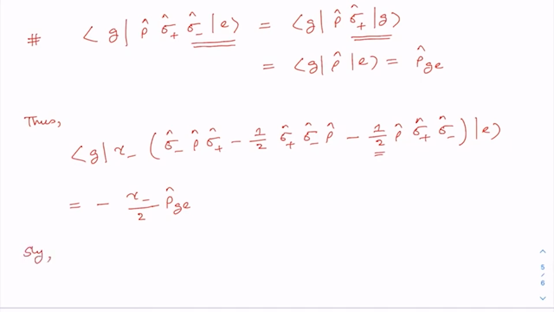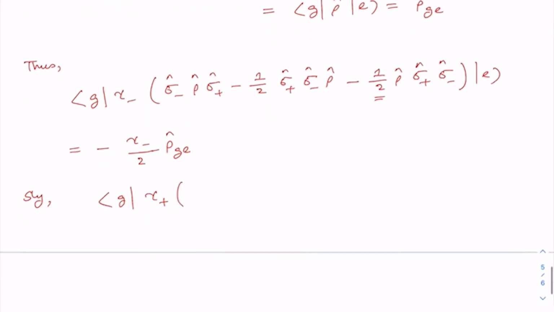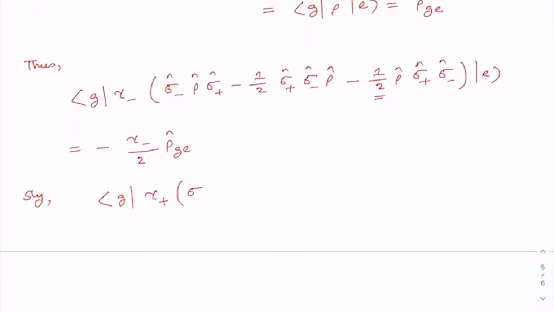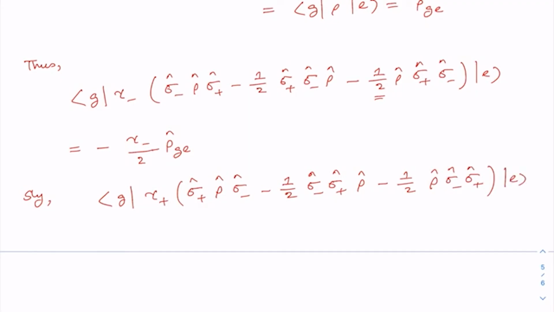Again, proceeding exactly the same way, we will get ⟨g| for this γ+, the term associated with γ+, that would be (σ+ρσ− − ½σ−σ+ρ − ½ρσ−σ+)|e⟩. This, if you work it out, you will find that this would be −γ+/2